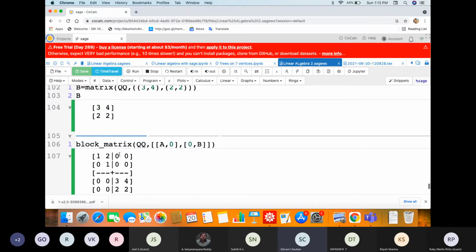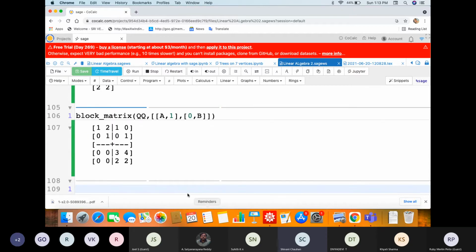Here you can see A matrix is here and B matrix is here. If you want an identity matrix over here, you can just type 1 and you will get the identity matrix. So this is how you can convert two matrices into a block diagonal form.